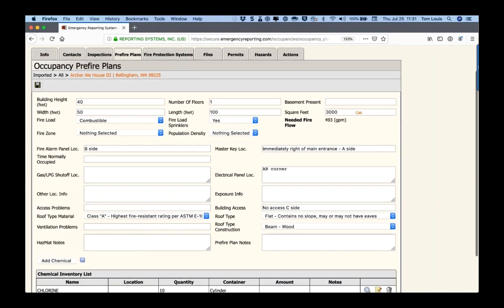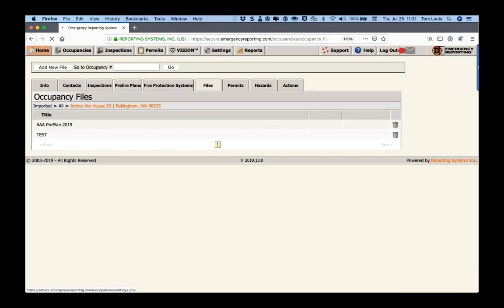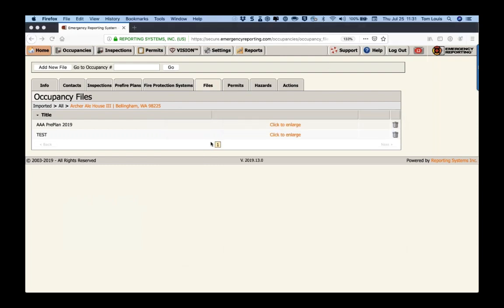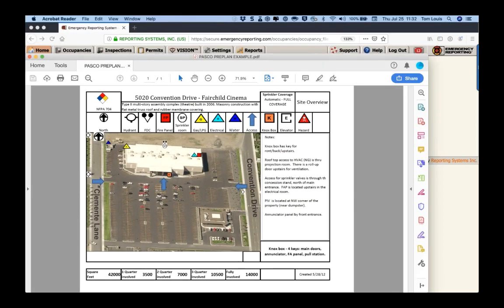Now, this is supplemented by the Files tab, where you can load pre-plans. An example of a pre-plan that I always found to be really effective, especially for field use, is from our friends at Pasco, Washington. They created it using no fancy program whatsoever, just Excel, and it's been converted into a PDF,